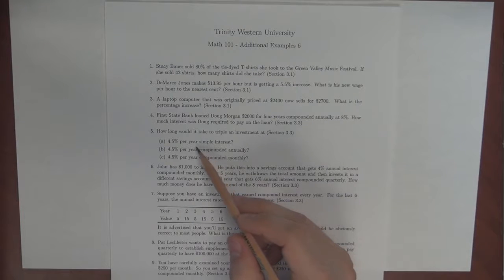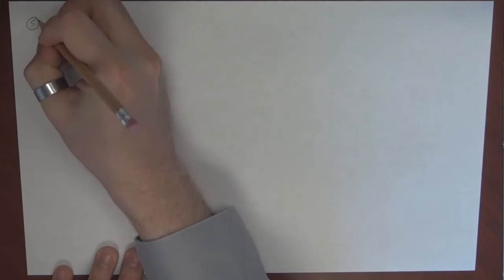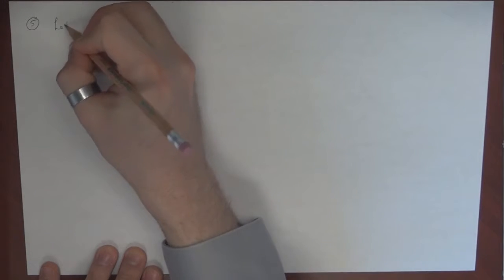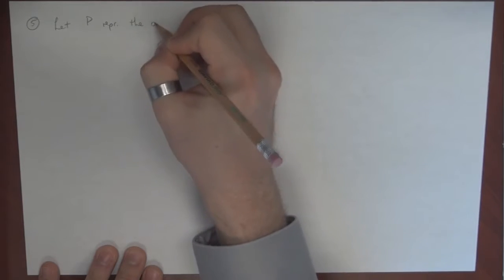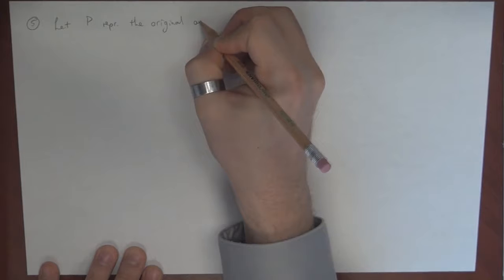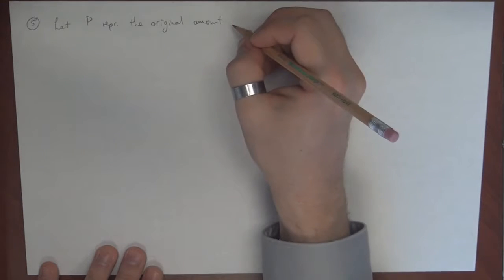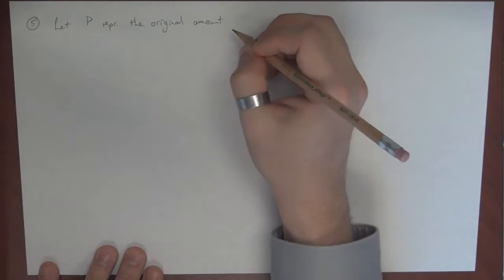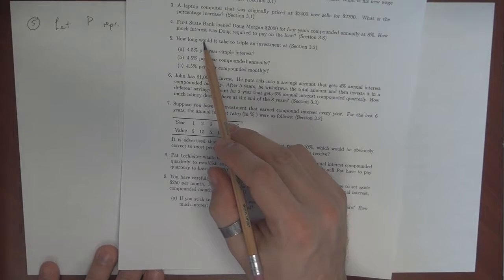For number 5, how long would it take to triple an investment at the same interest rate of 4.5? The first one is per year simple interest. Okay, let's see. Number 5. So let's say P represents my original amount. So let's see, what would I need to have? What am I looking for? I'm looking for the length of time, so the number of periods. So